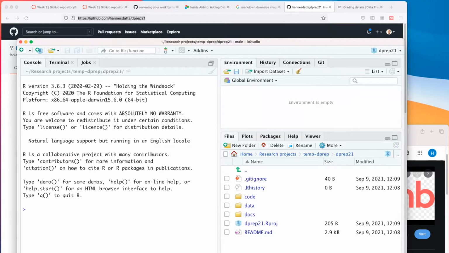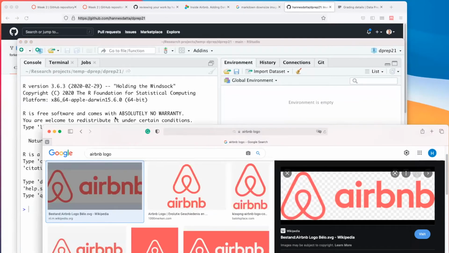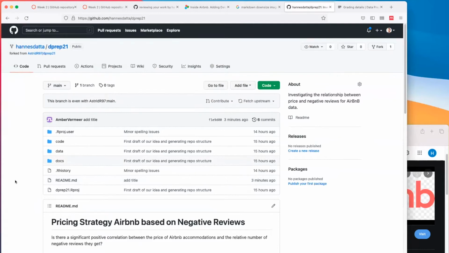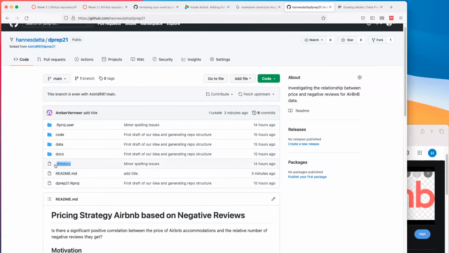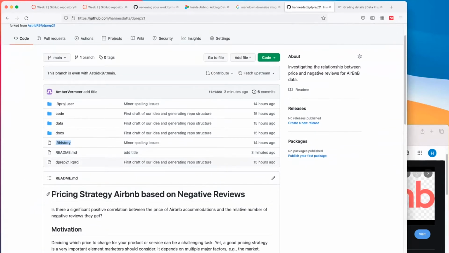So something that I want to show here is that you have stuff on your GitHub profile which doesn't strictly need to be committed.